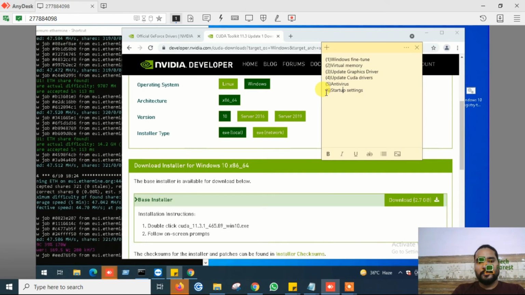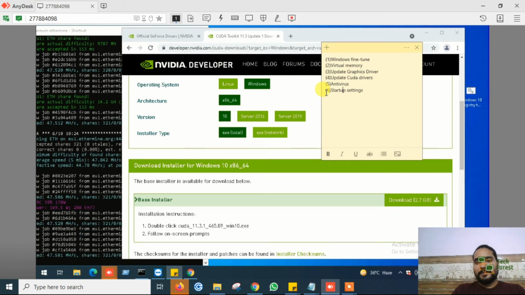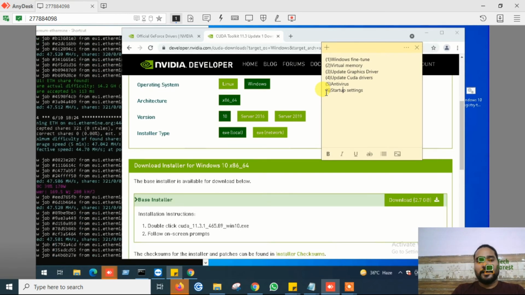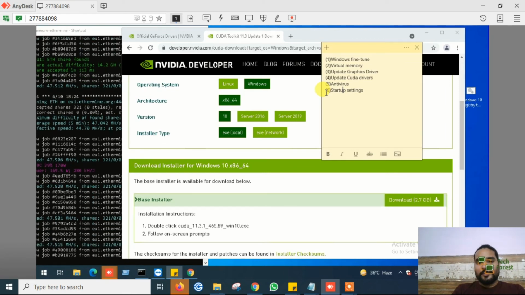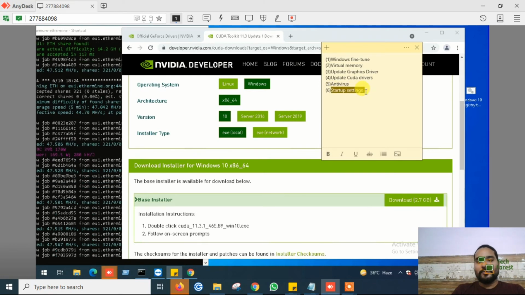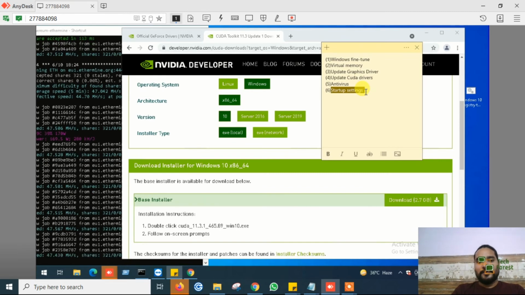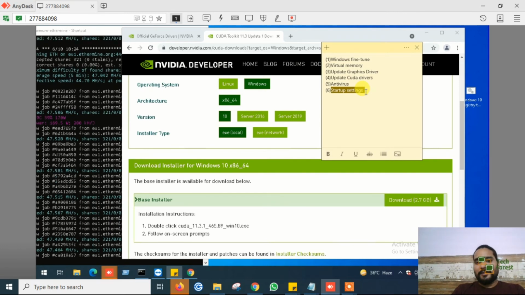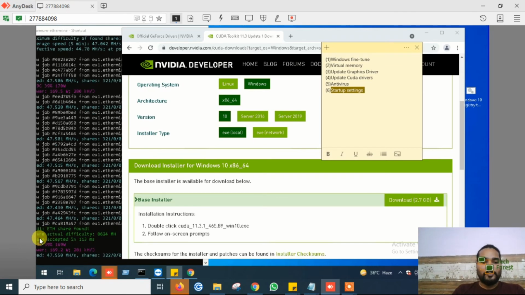If your computer goes down, you have an option in the BIOS. You can set the BIOS setting so that once the power comes back, your computer will automatically turn on. And if this setting is enabled in your BIOS, and this startup setting is also enabled, you no need to worry about your mining rig. Once the power comes back, or once your computer starts, the mining will turn on automatically. So let's see how we can do this.